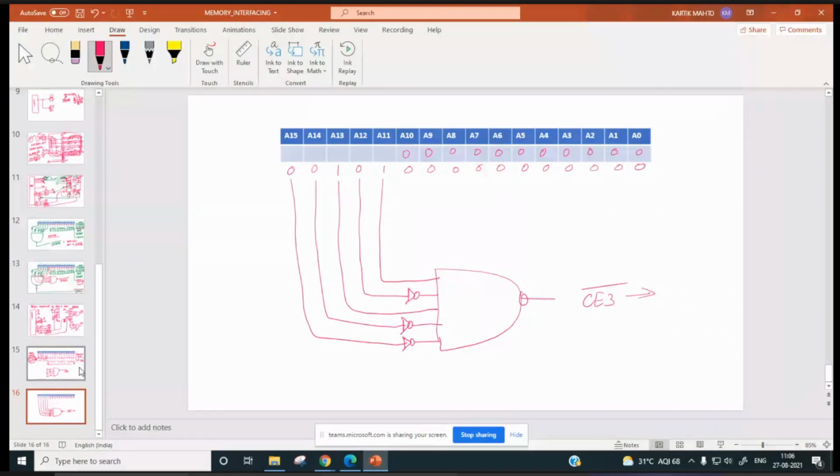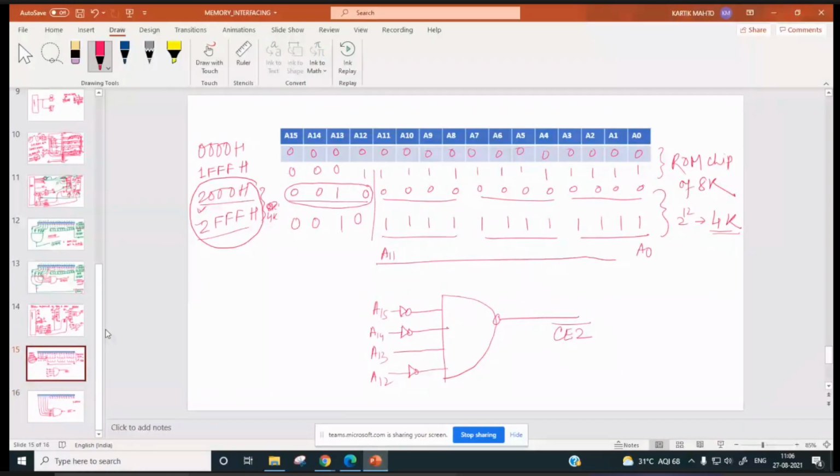This is 2800, no? 2800H. Is 8K? 2FFH. Something overlapping, no? Yes, sir. Something is overlapping.